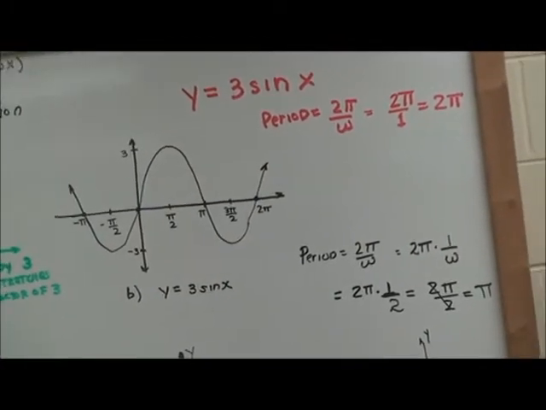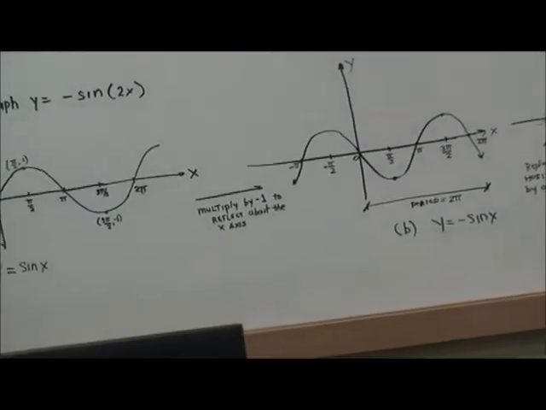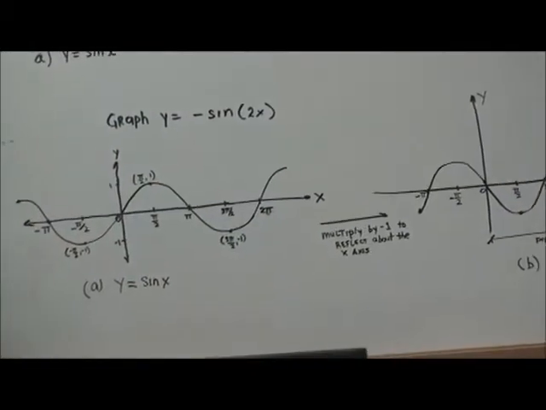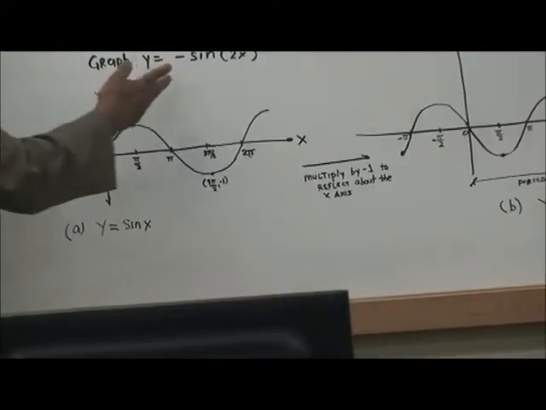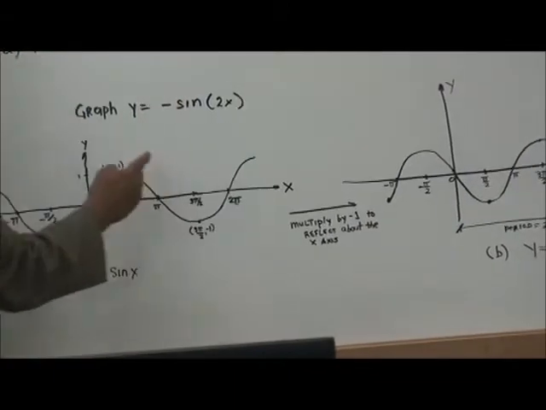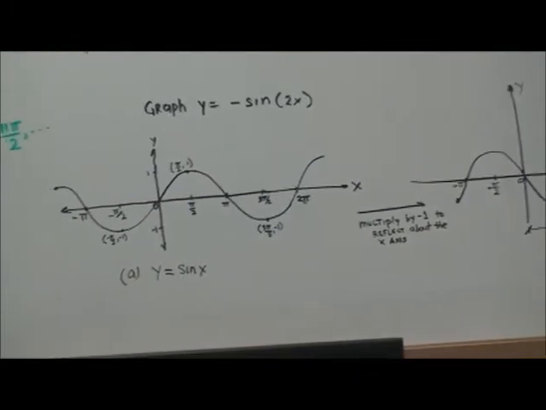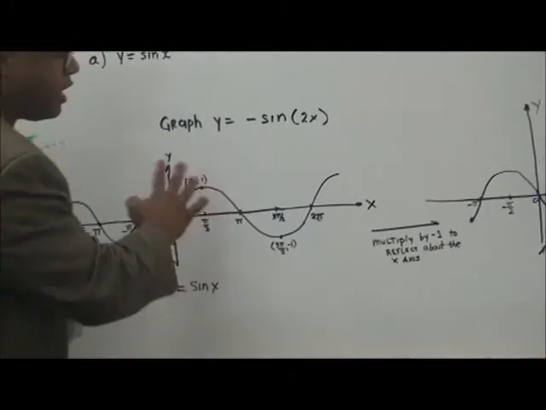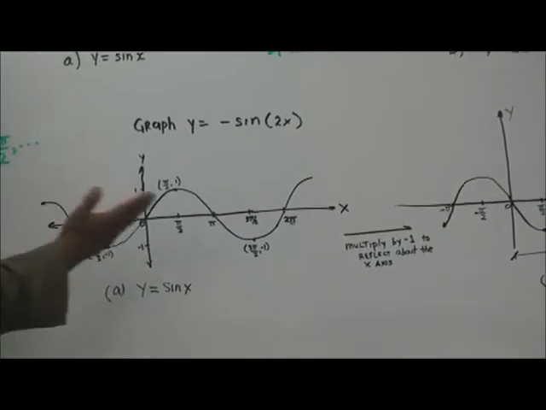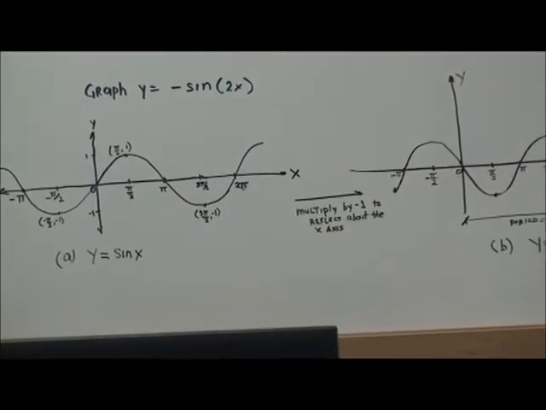However, things are a little bit different with this one here, as we talk about graphing y is equal to negative sine 2x. Well, for one thing, the amplitude here, you got 1 as the amplitude, but it's a negative 1 that happened to be multiplied to the function, so that causes this thing to reflect about the x-axis. You see this? So the amplitude still is coming from negative 1 to positive 1 in this particular case,